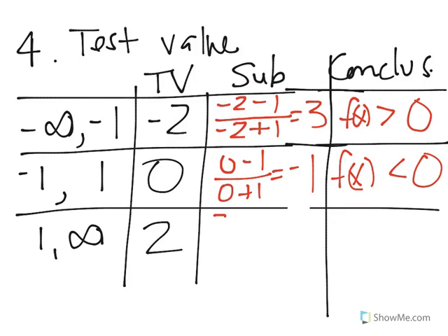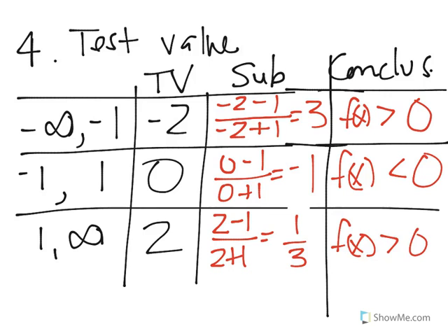Then 2 minus 1 over 2 plus 1, and that will give us what? A 1 over 3. So this is f of x is greater than 0. Okay, so we have f of x is greater than 0 twice, f of x is less than 0 once,